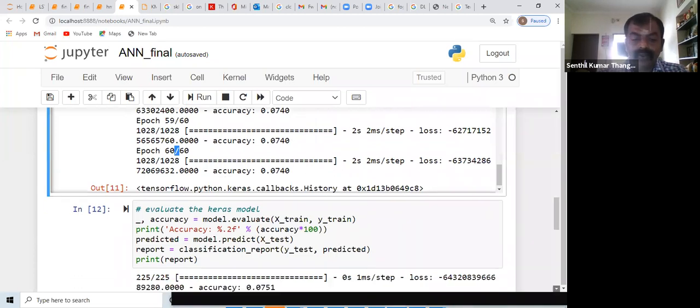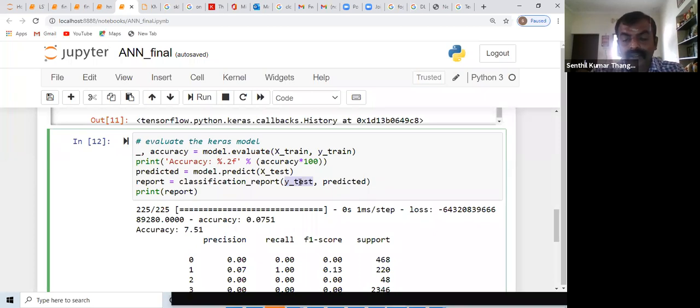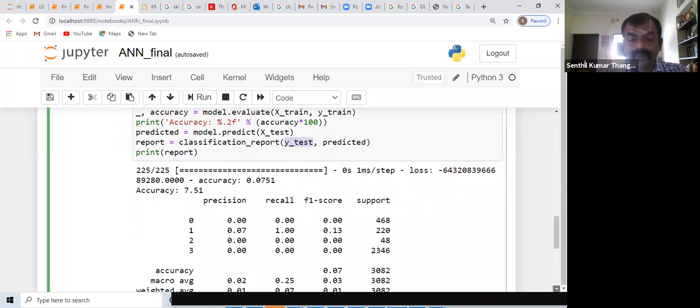Next, what we want to do is evaluate the model. So here we are giving testing data, right? First we are done with the training data, then we are giving the test data. Given the test data, we are interested in knowing how much of our IoT data is getting predicted properly. So this is the performance result from the neural network part.